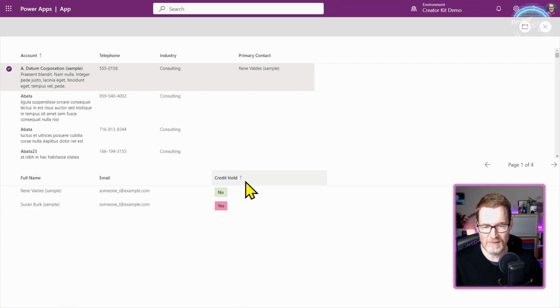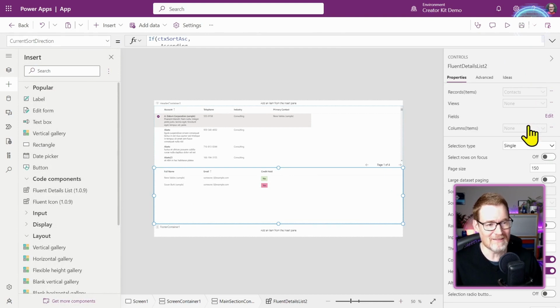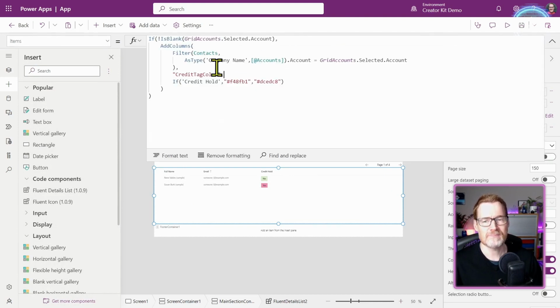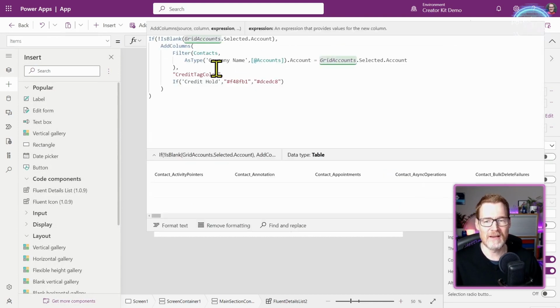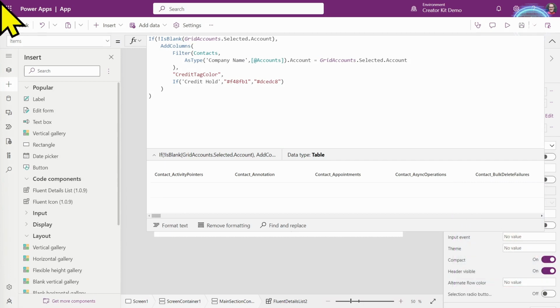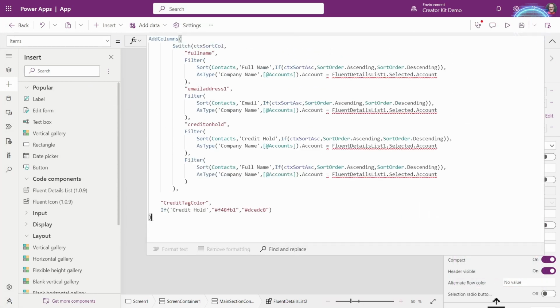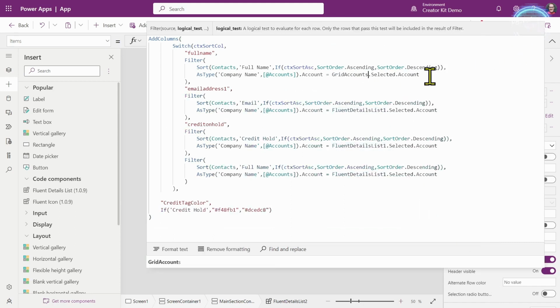It's giving me the little arrow to say which column I'm sorting, but it's not actually sorting the data. The reason being is that we do now need to manually handle sorting inside our data set, because now we're just going and getting a data set and creating a collection out of it locally. So I'm going to go and grab a bit of code that will show you how that works. Okay, so go and put this in here. We had grid accounts like that. I renamed it.